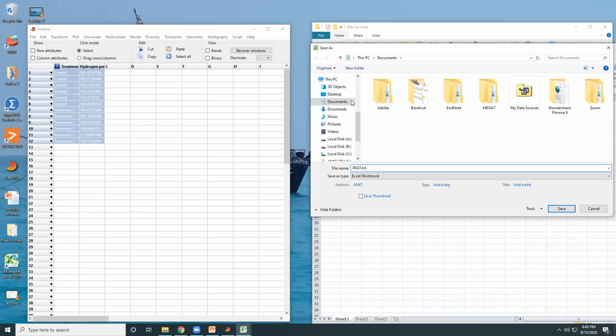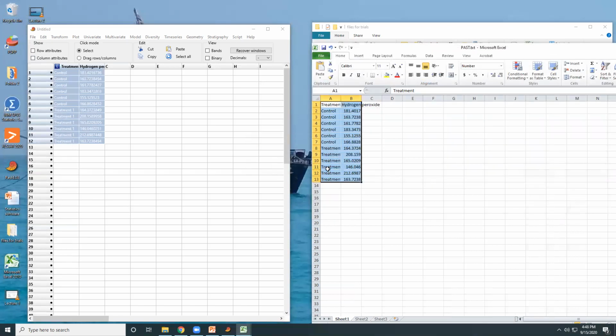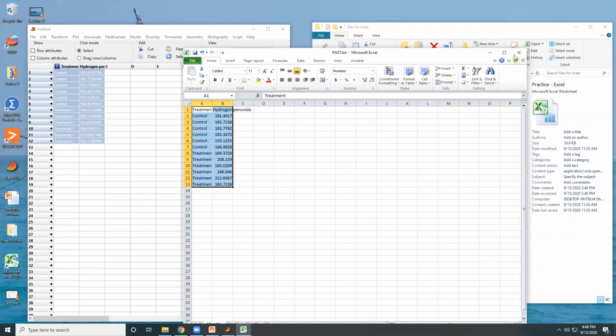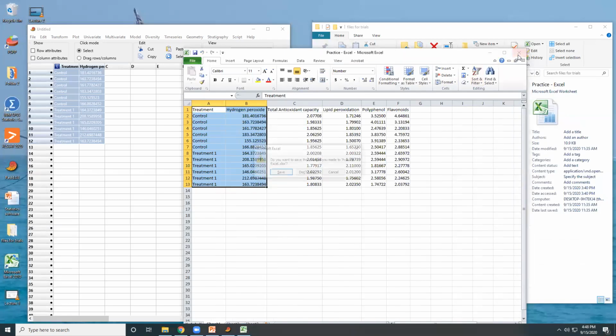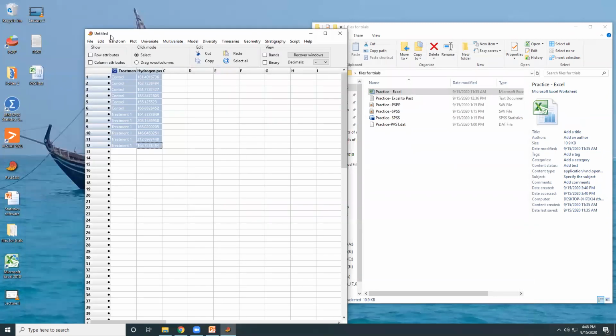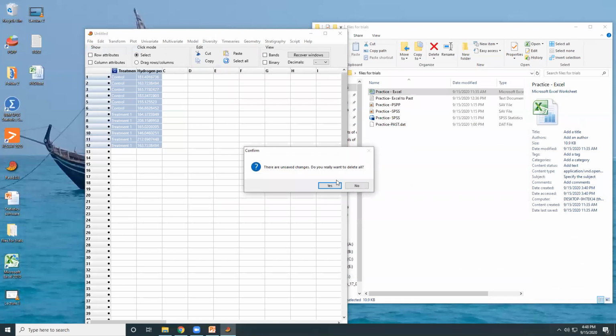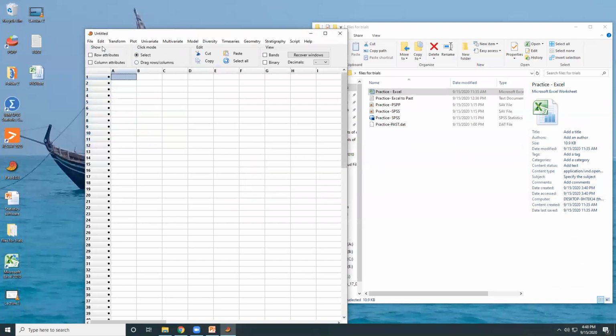Okay, let us save it in text. Now close this. If you do not close this, Past will not allow it to open. You can delete this, because I just wanted to show you how the data looks.